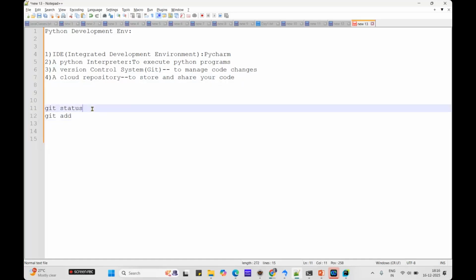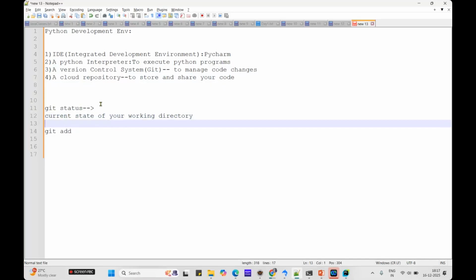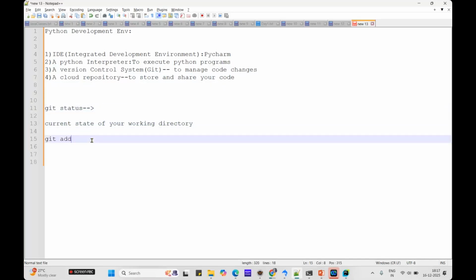What git status does is show the state of your current directory or the staging area. It explains which files are modified, which files are in the staging area, which files are untracked, and which branch you are in. It will give you the entire details. Basically it shows you the current state of your working directory, where you are working, and whether it is added into the repo or not. These are all the details explained by git status. And here we have git